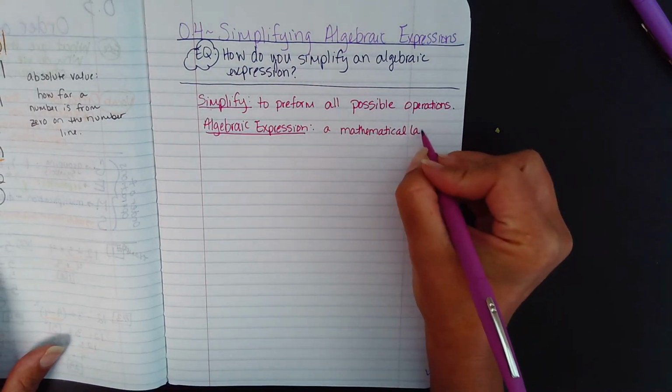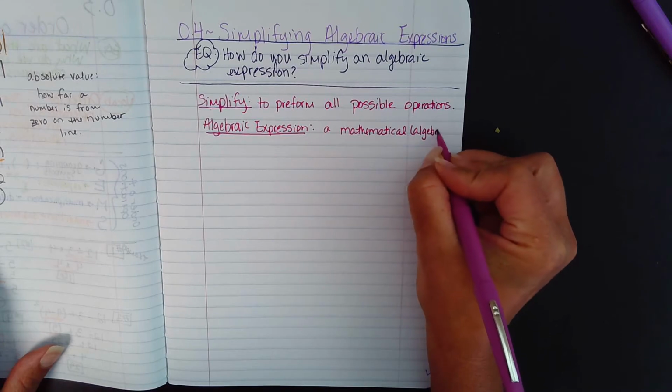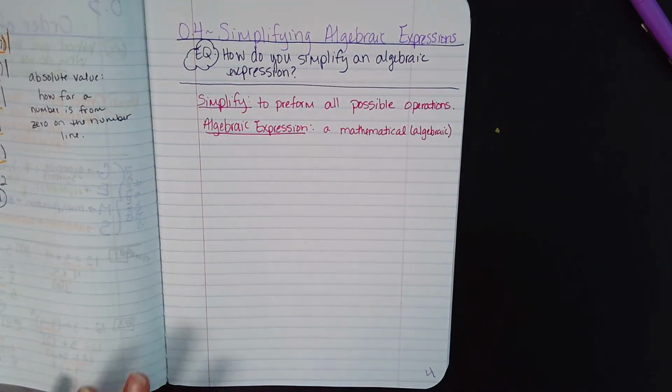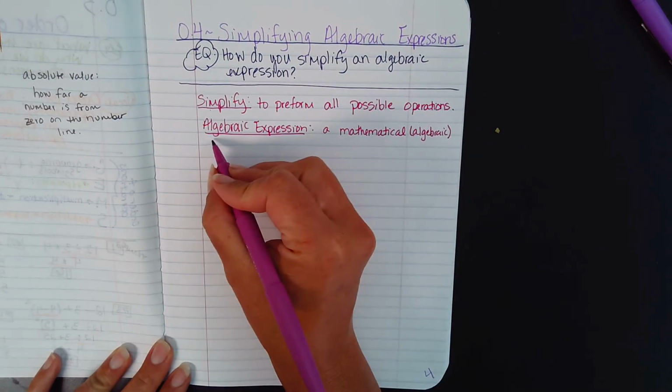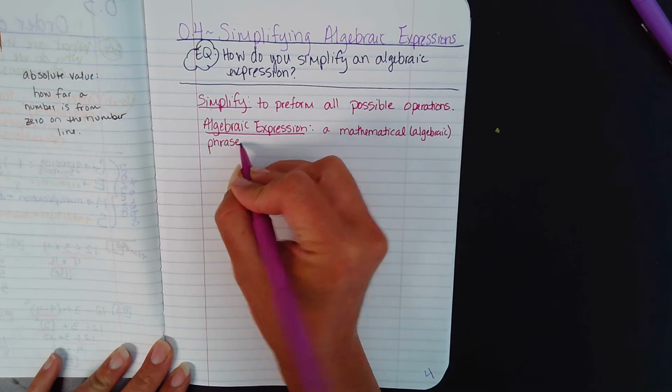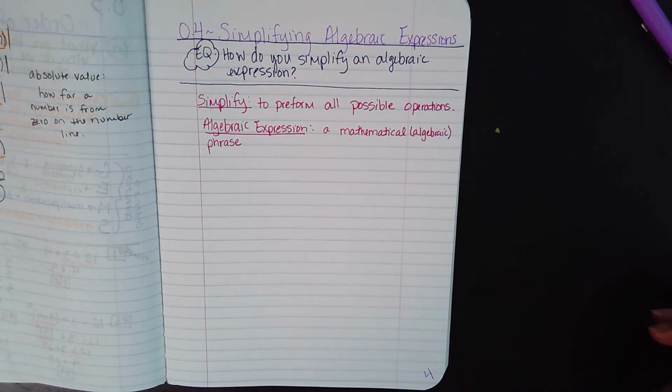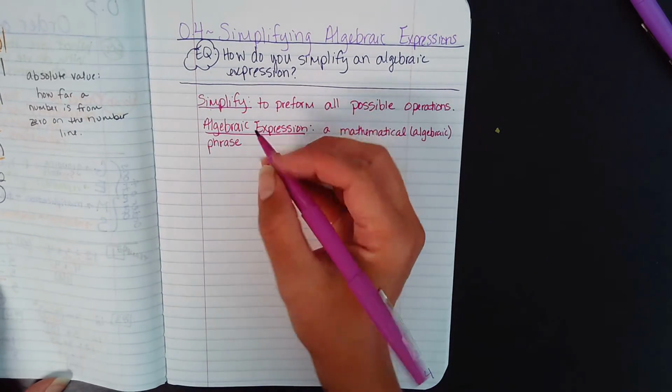We can also really think of it in terms of algebraic. Remember, algebraic meaning it has variables, it has unknown values. Sentence or phrase, we're going to call it a phrase. A sentence to me has an end and a period, and so it would have an equal sign, and expressions we know don't have equal signs because we don't know the actual value of it until we give it more information. So a mathematical phrase containing